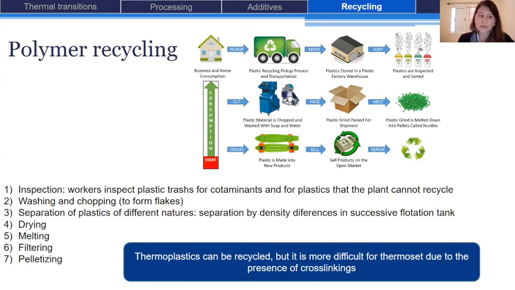And after that, there is a separation of plastics of different nature, of different chemical composition, by their density, because each polymer is composed of different chemical groups and so they have different densities. To make this separation, there is a succession of flotation tanks that contain different kinds of solvent. In each tank there will be a specific solvent with a specific density. And so the flakes will be placed in a solvent,